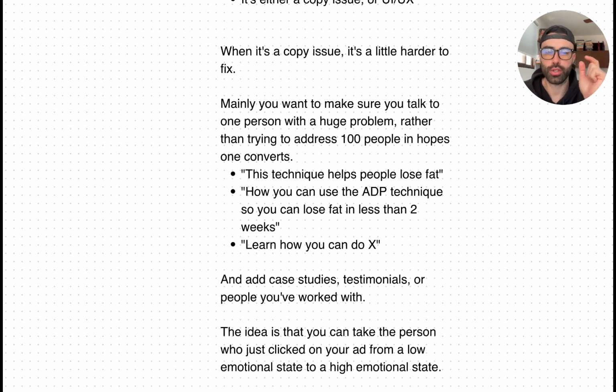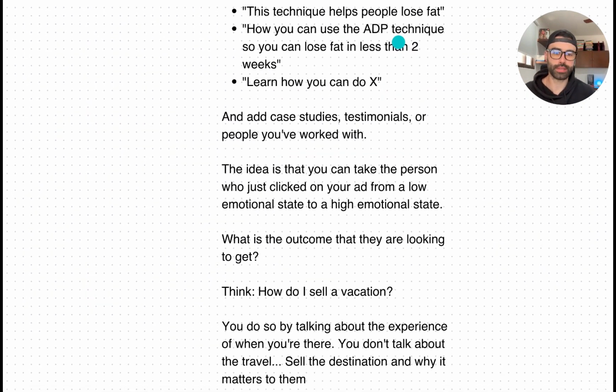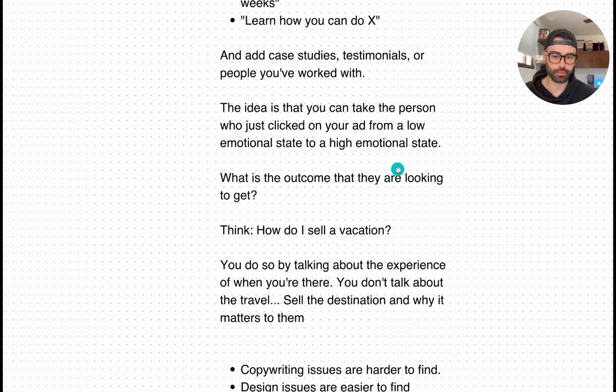So just make sure you talk to one person, and the idea is that you take that one person who just clicked and landed on your page from a low emotional state with a problem to a high emotional state where they know what they need to do to fix the problem. This is usually the copy, and you fix this issue with the copy most of the time, right? Add case studies, testimonials, people you've worked with, so that the lead knows that you know what you're talking about and your solution works for them. So what's the outcome that they're looking to get? So think about